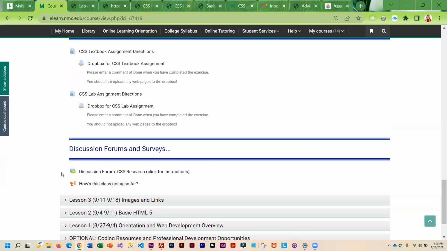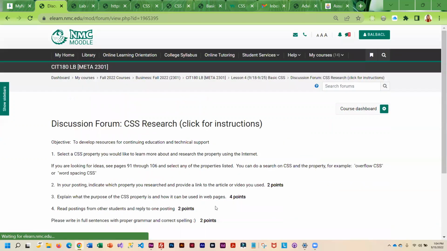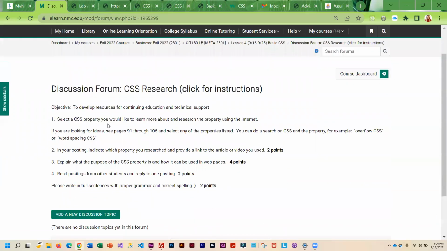Now, because we do not cover all of CSS, I thought there may be some things you guys are interested in learning now. We are going to be covering CSS 3, but that isn't until probably the middle of the semester. So we do have a discussion forum that is worth points, and it involves CSS research. So what you guys are going to need to do